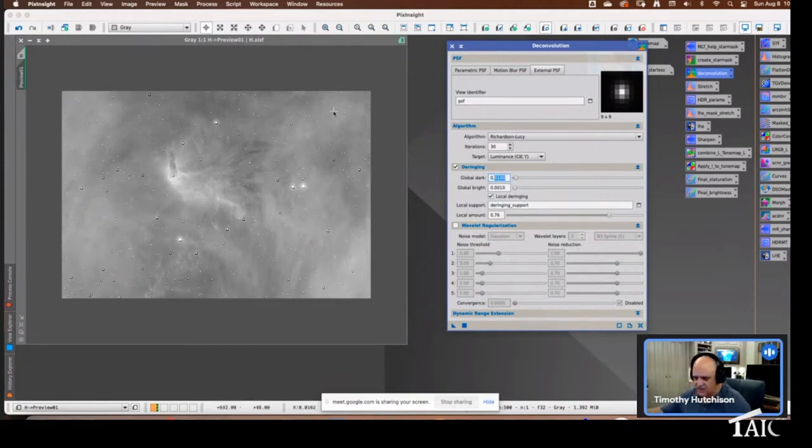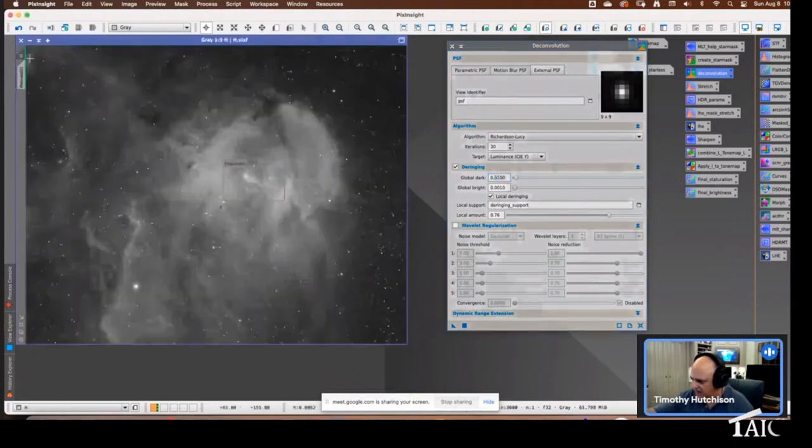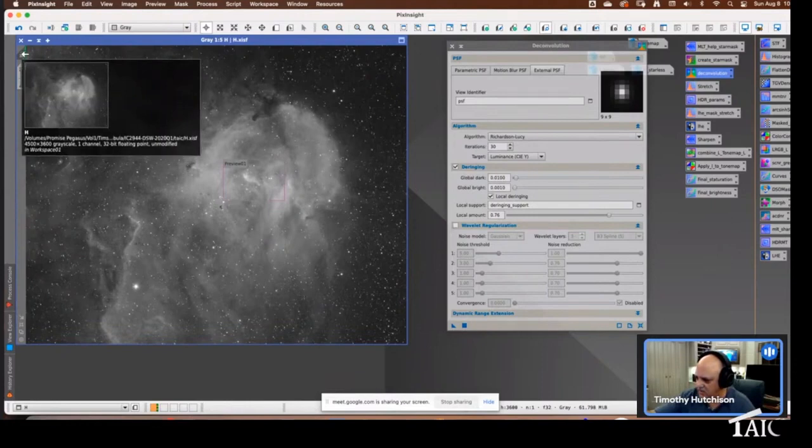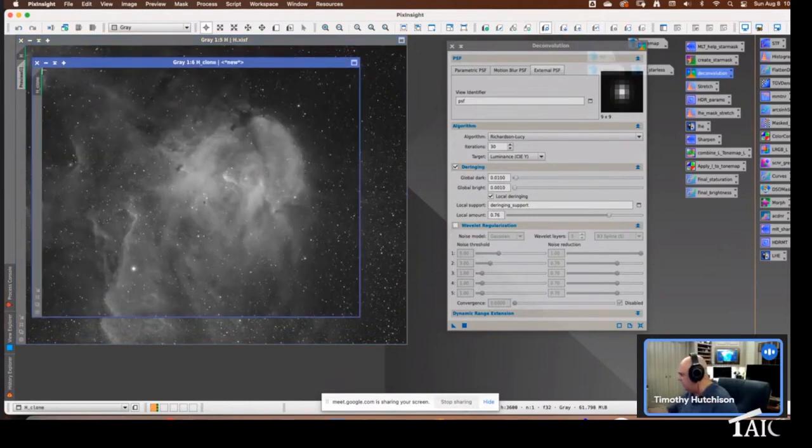What that does is it uses what's called a local support file to focus our efforts on de-ringing. That local support file, in effect, is a star mask. And so I'm going to show you how we can produce a really great star mask really quickly with this linear, unstretched data. So what I'm going to do first is create a copy of the file, and I'm going